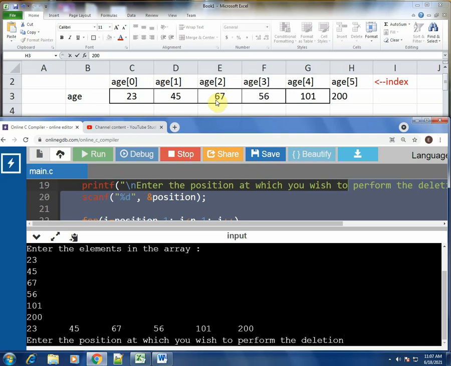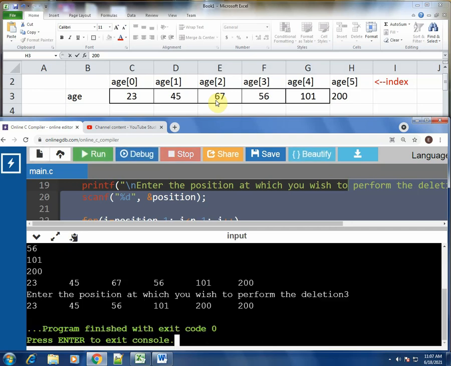So enter 3 and press enter. As you see, 67, which was at position 3, is no more present. After 67, whatever was there, which is 56, that is what you can see over here. Now you can see one thing is that this 200 is repeated.